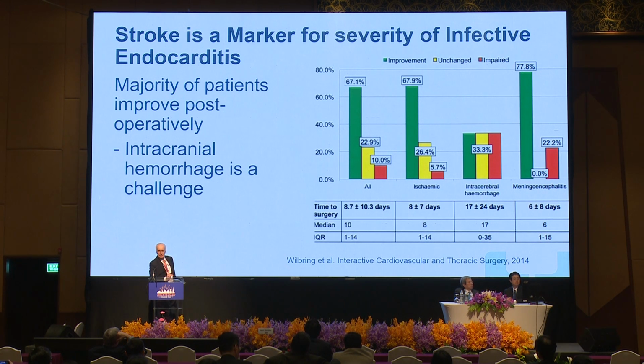Once again, to emphasize that this is a marker for severity of the endocarditis, also a marker for timing. If you keep on to this patient and don't get them diagnosed on time, or don't refer them for surgery on time, or the surgeons don't take them to operating, you will move on this scale, and the patients will be more severe. So it's a matter of also how our clinical management, how many patients will end up in each bucket. And as we anticipate, intracerebral bleeds is of course associated with worse outcomes,